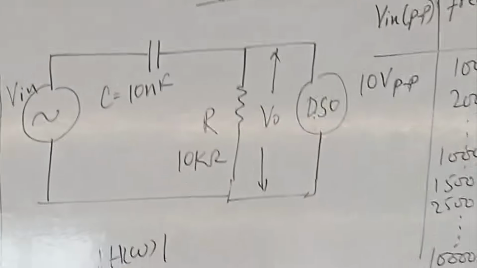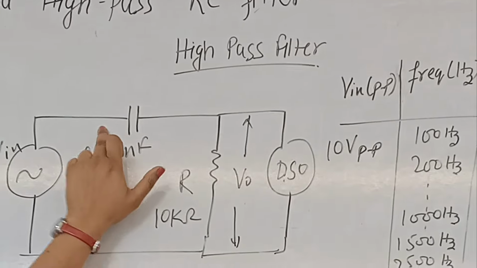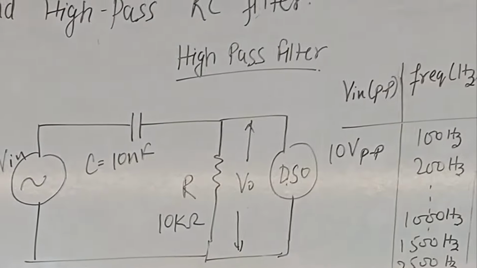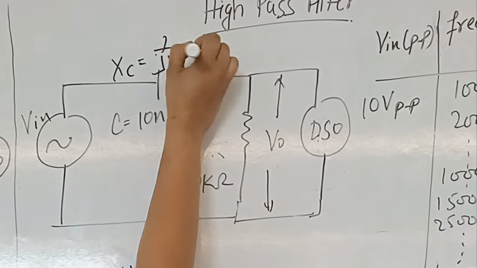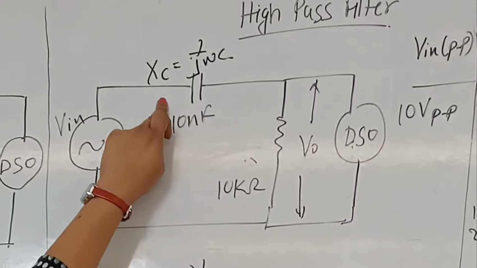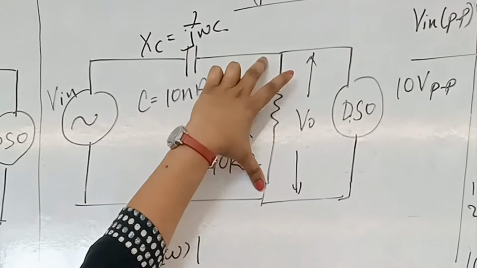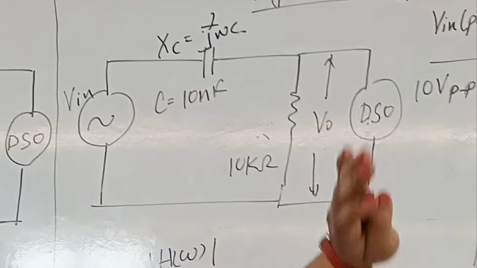Let us now come to the high pass filter. If I want to design the high pass filter, we have to just interchange this R and C. What I have done now, capacitor is over here and resistance is over here, and I am taking the output across the resistance. Now what will happen? In this case, Xc is 1 upon j omega c. For lower frequencies, reactance would be high, because of which whatever input you give, all voltage will drop over here, and here there will be very less voltage drop, because of which whatever input you give, that is not appearing at the output.